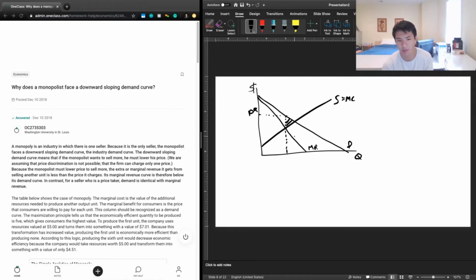And so I'm not sure why the explanation needs to be so long, because the reason the monopolist faces a downward sloping demand curve is because of the law of demand. All products have a downward sloping demand curve, with a few exceptions if you have one of the extremes. But the law of demand tells us that as price goes up for a good, then the quantity demanded goes down, and if the price goes down for a good, then the quantity demanded is going to go up. And that relationship is constant regardless of if the market is a monopolist or